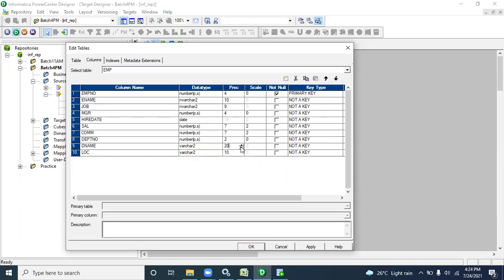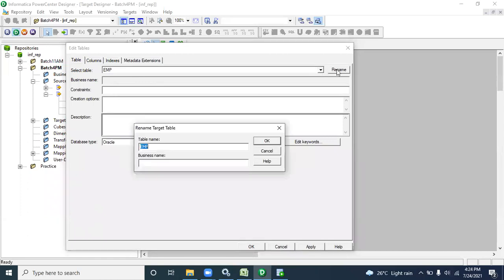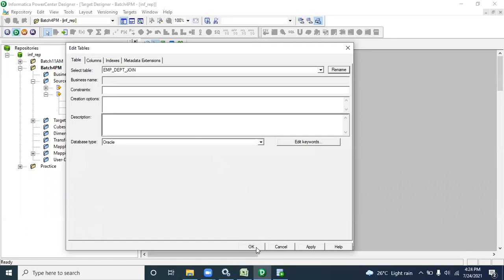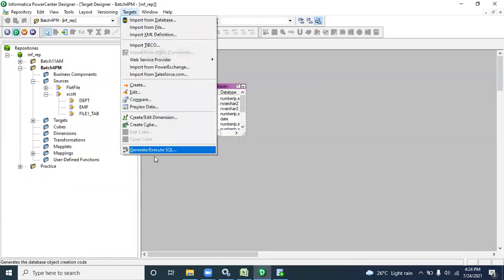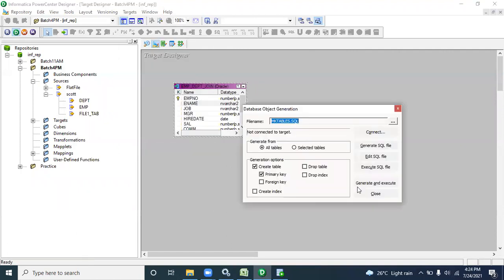For that reason, we are taking columns from both tables, EMP and DEP. Click on OK.